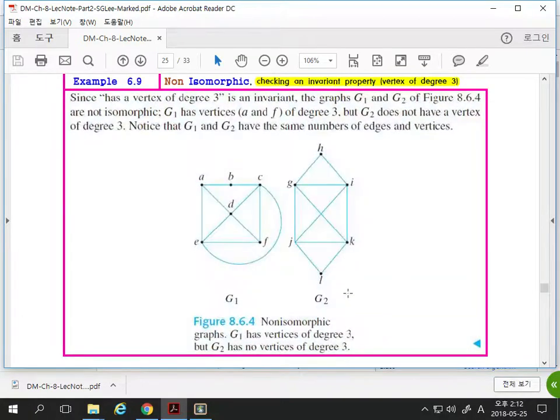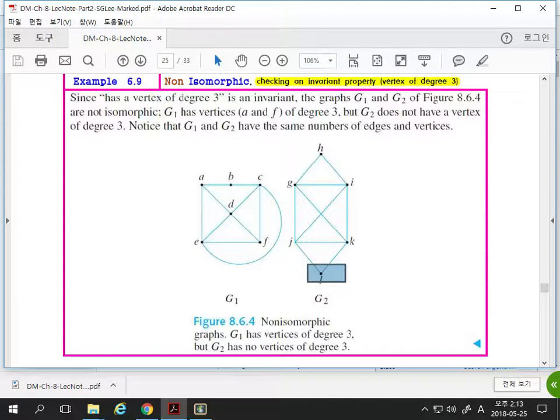Okay. Here, G1 has a vertex of degree 3, but G2 has no vertex of degree 3. For example, here, it has a vertex which has degree 3. But in here, it has degree 2. This vertex has degree 4. Degrees are 4, 4, 4, and 2. So, there is no vertex which has degree 3 in here. So this cannot be isomorphic because even though the number of edges and number of vertices are the same, each of 그러니까